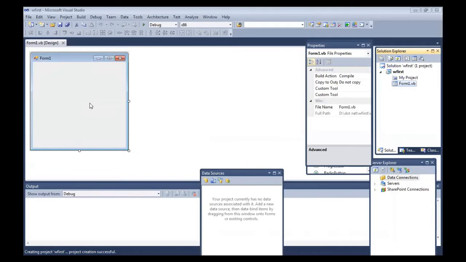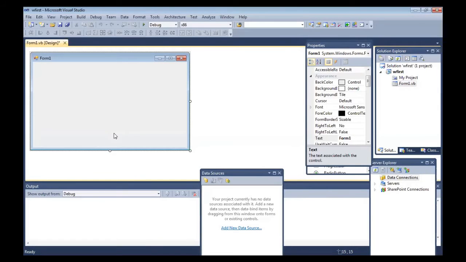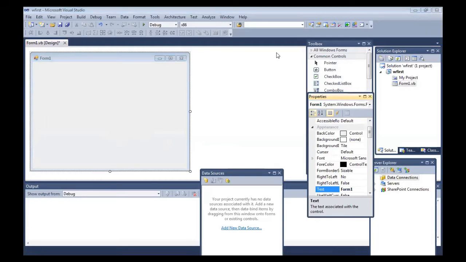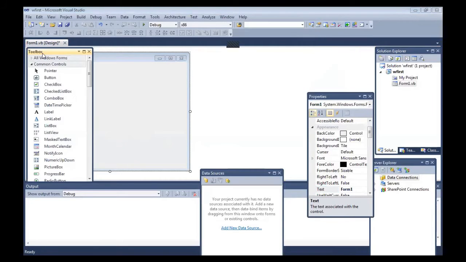Here, no need to remember any command. This is the window. It is like your Visual Basic, where everything is ready-made. You only need to drag that control over here.